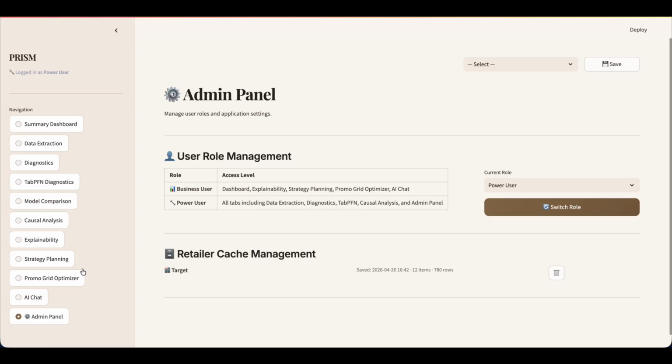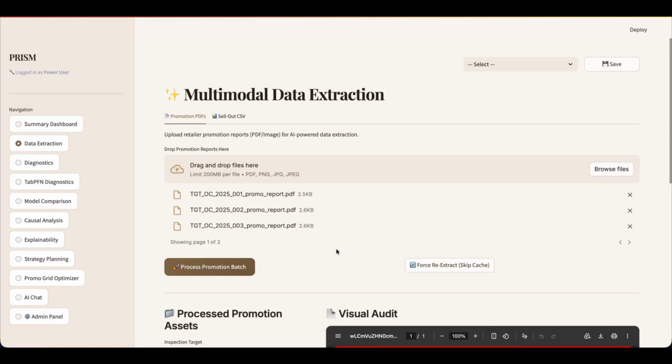Now, let's kick it off with the data extraction. I'll stick with the power user for now as we run through this demo. On the data extraction page, we allow the users to upload two kinds of information. One, the promotional PDFs, which is nothing but the redemption information which we receive as a bill back from our customers, explaining to us how much we paid for every promotion. And then also the sellout information, which tells us about how our sales performed week on week, product by product